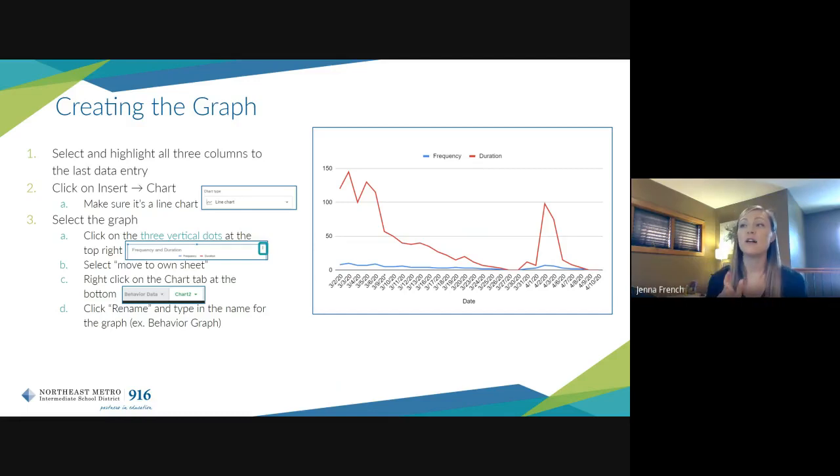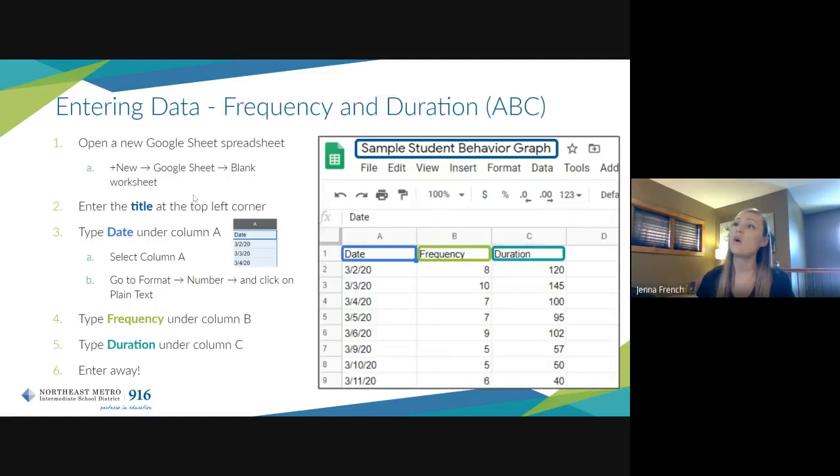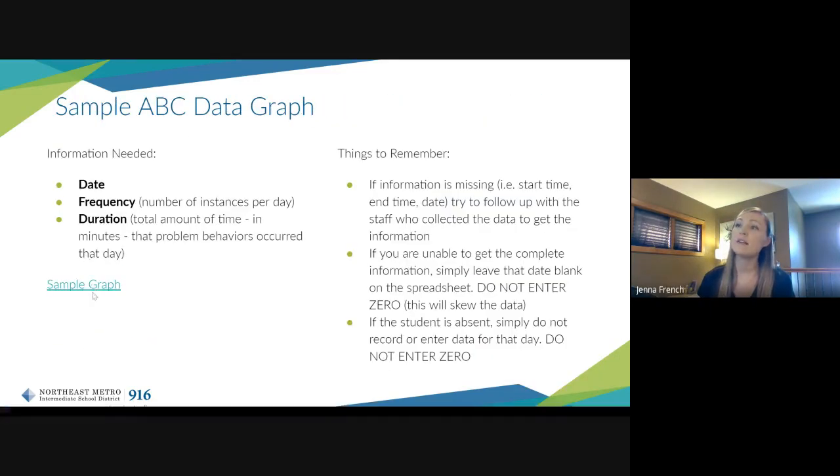And then once it is in its own sheet, it's going to say chart 1 or chart 2 in the tabs at the very bottom of that worksheet. And so you'll click on the chart tab or right click on it, click rename, and then type in the name for that graph. So I will go ahead and click on my sample